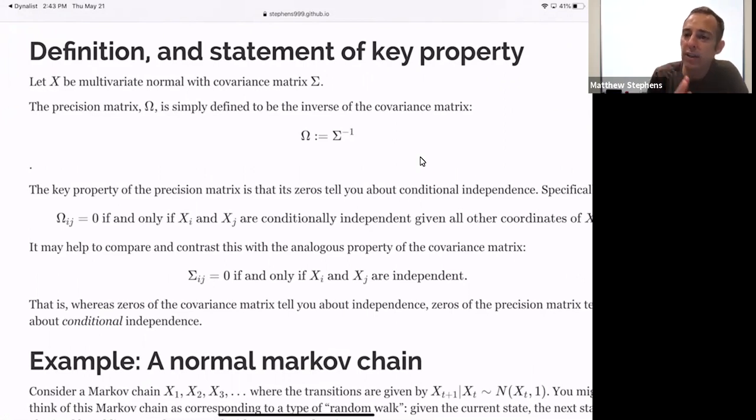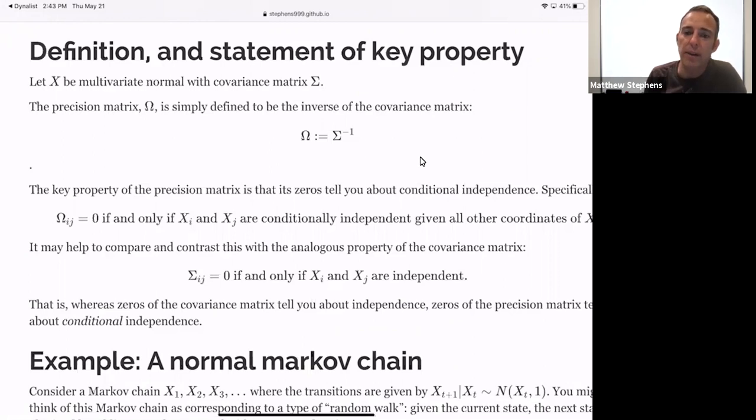So it's got connections with Markov chains and Markov models because of this conditional independence. The Markov property is about things being conditionally independent given the previous state, for example, or in a general Markov chain, an observation at time t is conditionally independent of the rest of the chain given the observations at time t plus 1 and t minus 1. So we're going to see an example of a Markov chain actually to start off with, to illustrate this